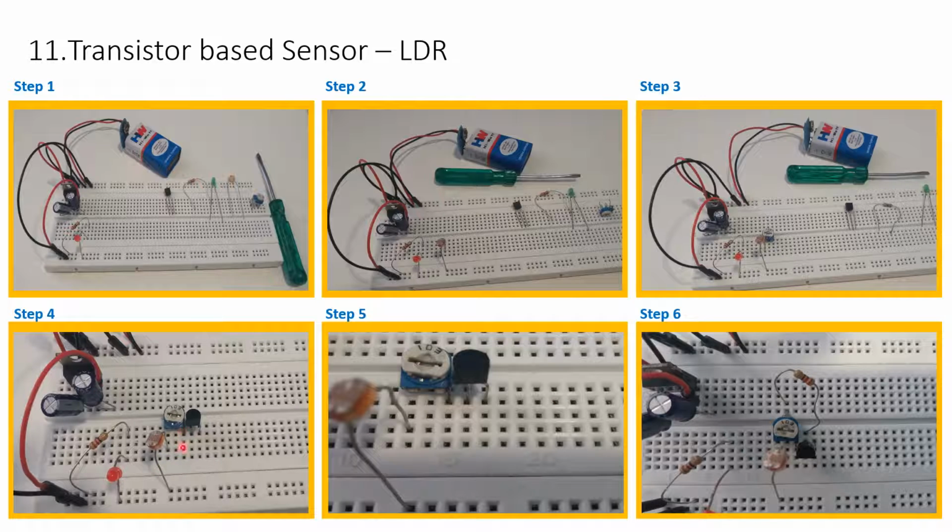Now the other leg, the output, give it to the first pin of the 2N2222. Here you can see this is one leg of the trim pot, this is the other leg of the trim pot. The other leg is slightly bent from this angle. So in the same line we are plugging in the transistor, because we are going to ground it. You can see this is how it looks. Then from the output of the trim pot, the voltage divider, take a resistor and give it to the base of the transistor, which is the second pin. So I think this is clear.